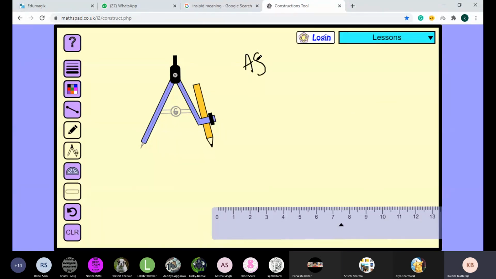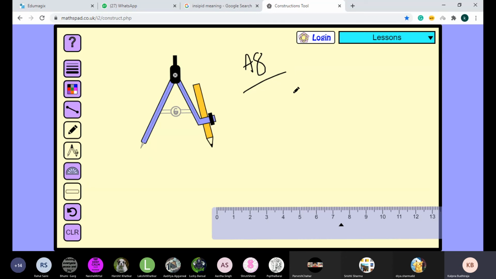So answer 8 key points, hint I am giving you. Draw any line segment PQ. When it is given any line segment, it means आप कोई भी measurement choose कर लो, ठीक है? You can take 7 centimeter, 8 centimeter, 10 centimeter. It is your choice. Without measuring PQ, construct a copy of PQ.